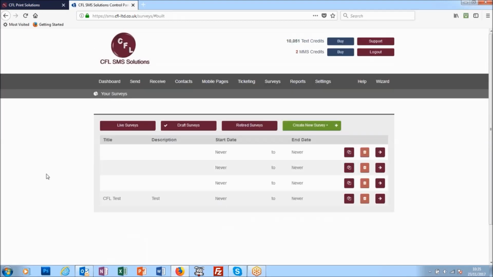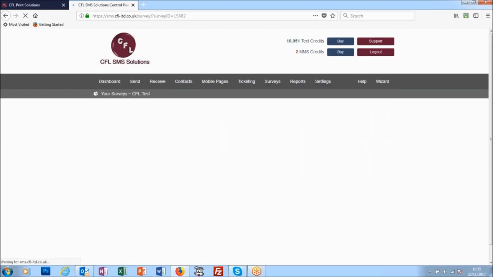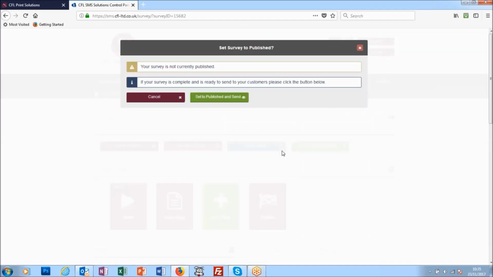Okay, so as you can tell, now I've saved that, it's listed amongst all the other surveys and data capture forms I've created. In this case, I've only got the one in here. So the next thing I want to do is actually publish it and put it in a format that's ready to be sent. So I'm just going to click on Send Survey, set to Published and Send. So we'll click on that,